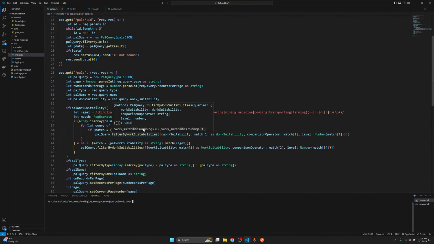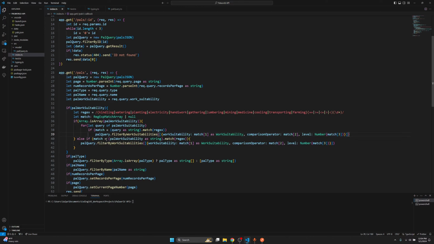Though I won't lie, this is very, very ugly code. As you can see, there's multiple layers of indents, and I don't really know if there's a more efficient way. There probably is, but